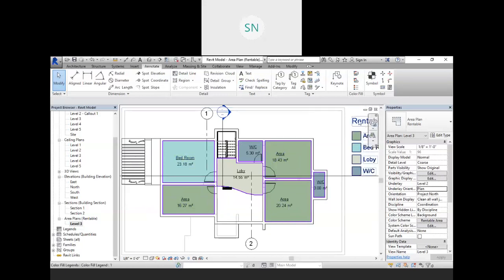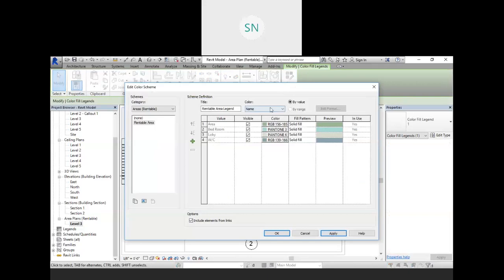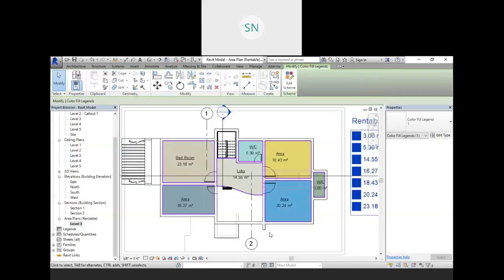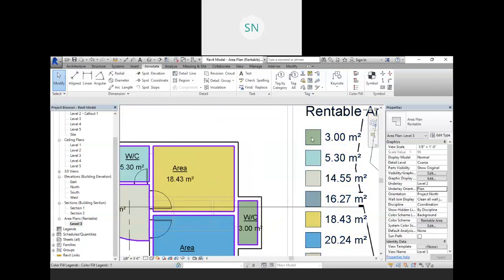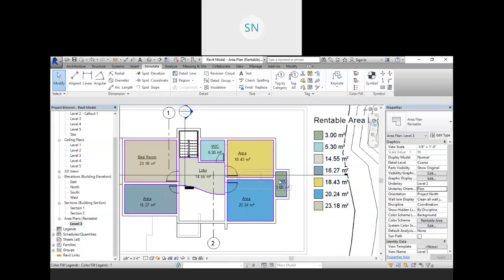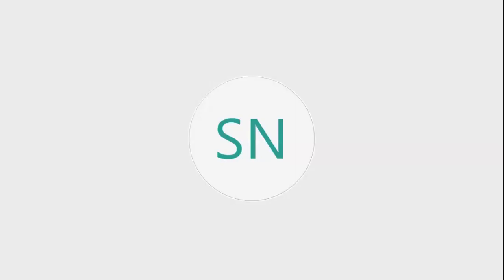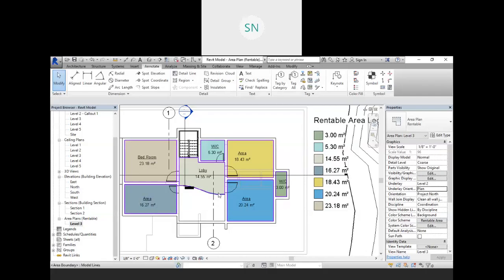Similarly, we can choose area also. So go to the edit scheme and click area. So now we have colors, area wise colors. We have this green color for 3 meter square area, this one, right? So it is clear now how to calculate area of your room and how to create a color scheme. Whenever you see a brochure of any scheme around you, check that brochure, you will find this type of drawing over there, right? With different colors. Over here you will get legend. So this is again one drawing.